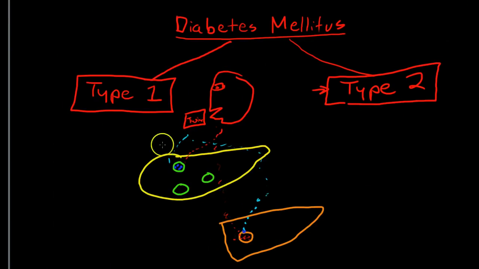Okay, so what goes wrong with that picture? Well, with type 1 diabetes, the problem is something happens that causes destruction of the beta cells inside the islets of Langerhans. And why does this happen? Well, it seems to be an autoimmune response that progresses fairly quickly. It seems to be caused by molecular mimicry,